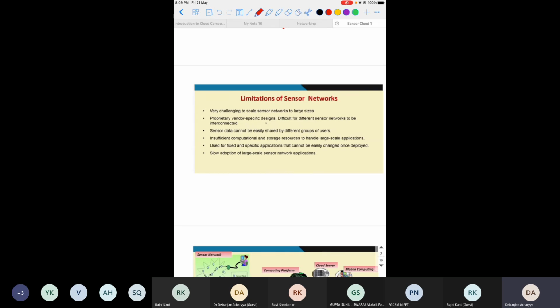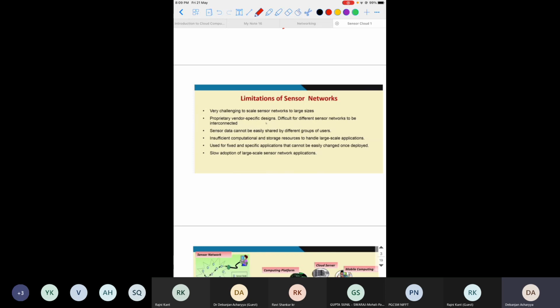Not only this, the proprietary, vendor-specific design in this kind of wireless sensor network makes it very difficult to interconnect with other sensor networks. Fine, because all the companies available in the market have their own protocols and their own management system.